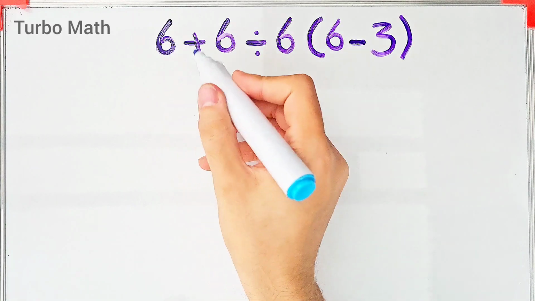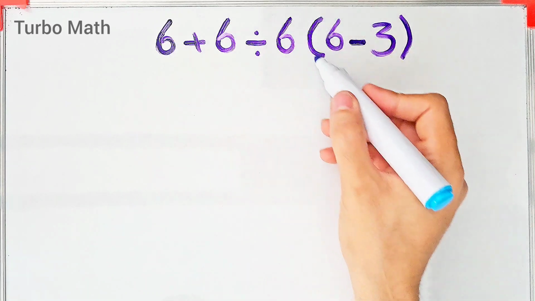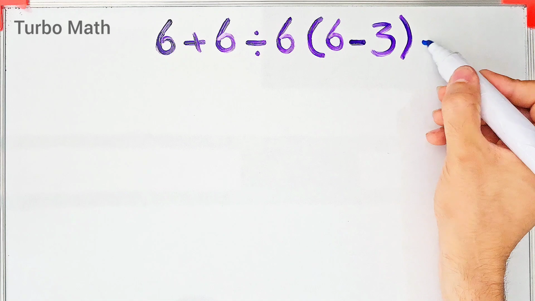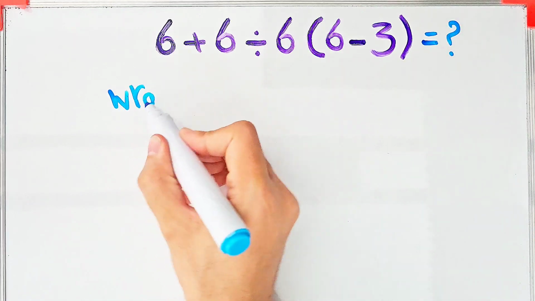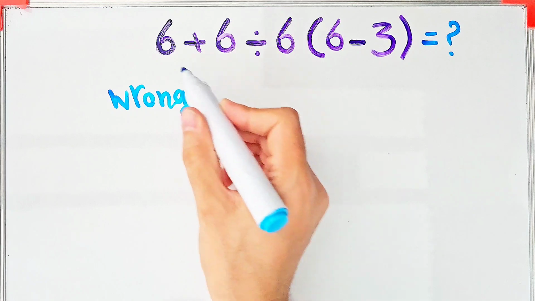6 plus 6, then divided by 6, then times 6 minus 3. What is the answer of this question? Can you solve it? In the wrong way of solving this question, some people don't pay attention to the priority